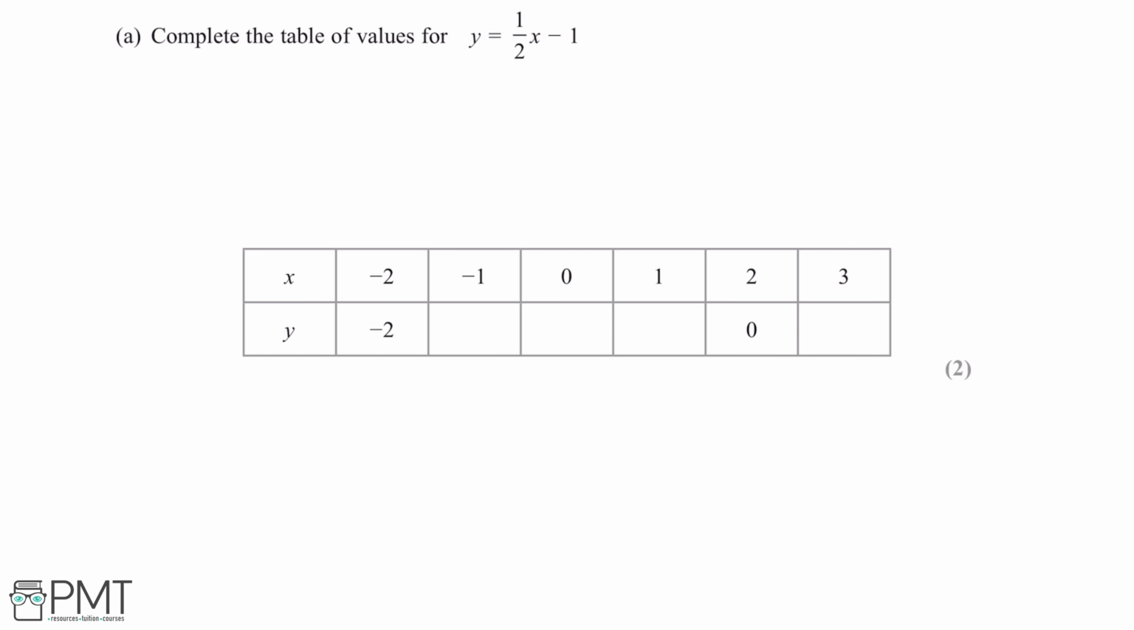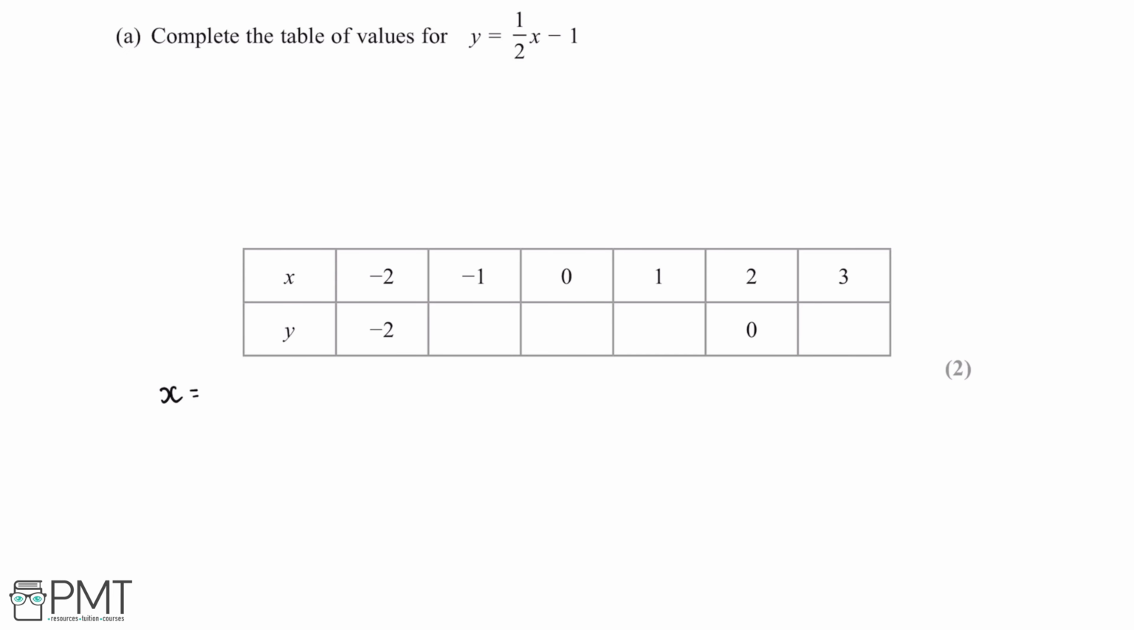Complete the table of values for y equals a half x minus 1. So what we can see in this table is we've been given the values for x between -2 and 3. So we'll want to substitute these values of x into this equation to work out the values of y. As you can see, we've been given the value for y when x equals -2, so we can start